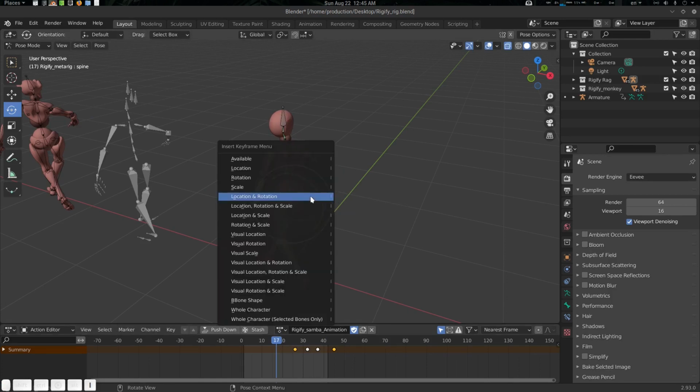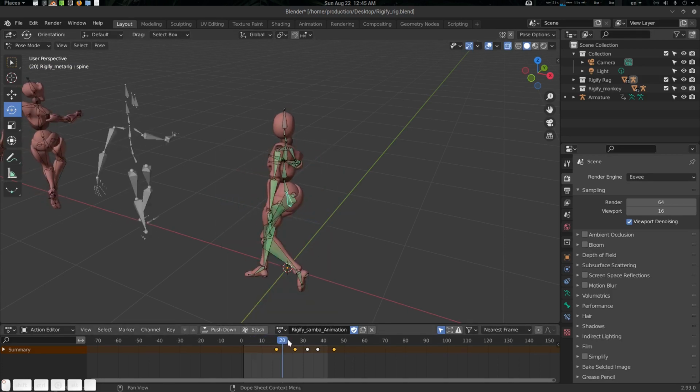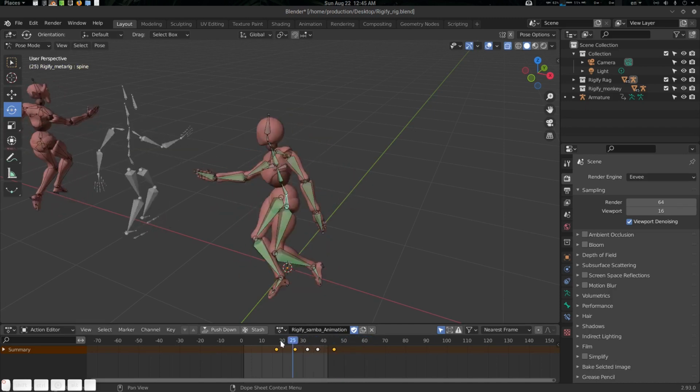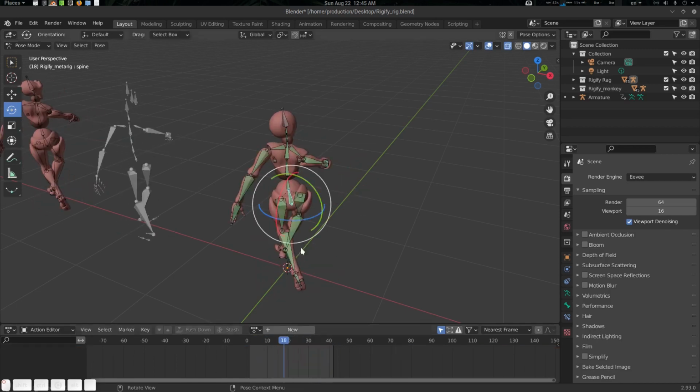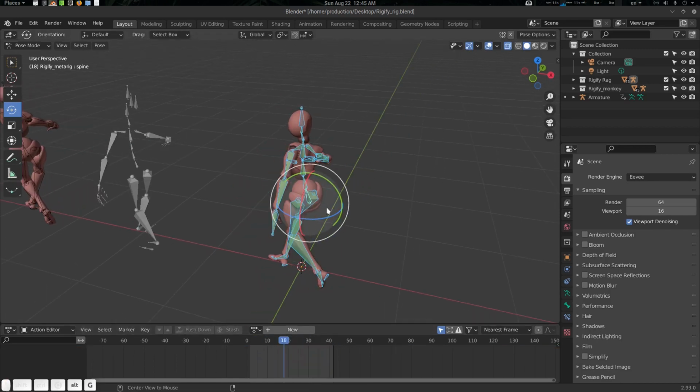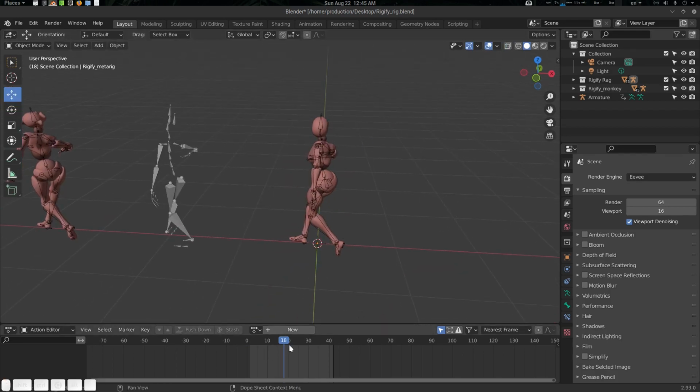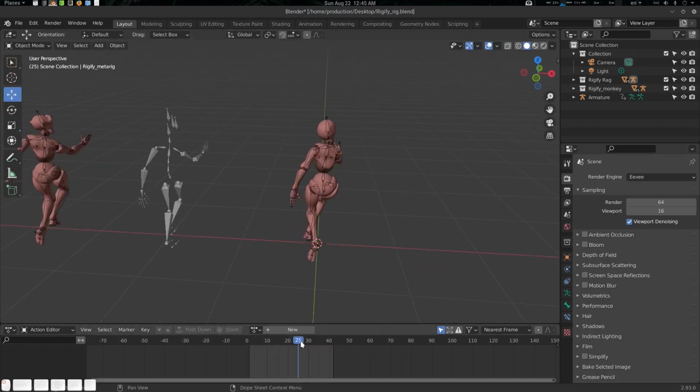Alt R, I, location rotation. I know, basic animation skill. So something like that. Although these things are pretty much fine, so I'm not going to delete it. It doesn't need anything. So let's go for Alt R and Alt G. Yeah, this one looks absolutely beautiful, so no problem.